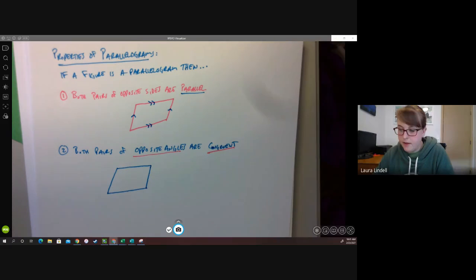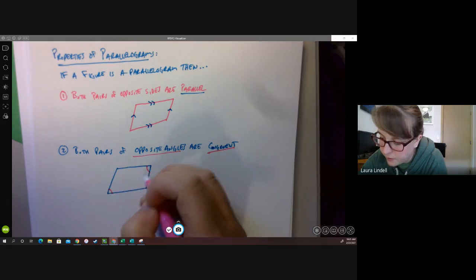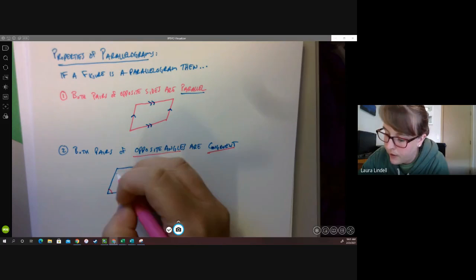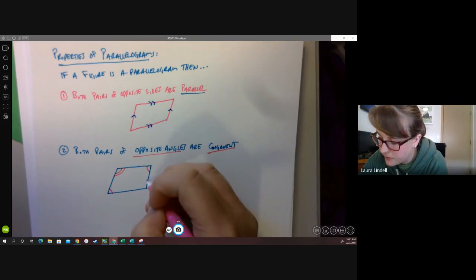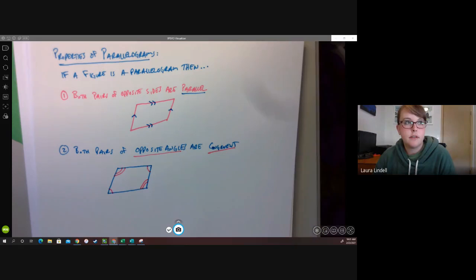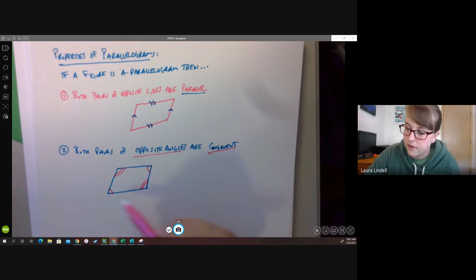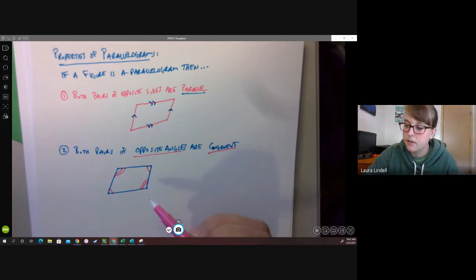So what we're looking at there is this pair of opposite angles here. Those are congruent. And we have this pair of opposite angles that are also congruent. Okay. And so kind of the addendum to this, knowing that both pairs of opposite sides are parallel and that both pairs of opposite angles are congruent,